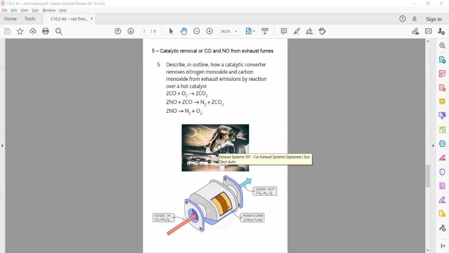So remember when we did rates of reactions, we talked about catalysts, more or less? Yeah. So this is a catalytic surface. In other words, it's a surface that acts as a catalyst, but it doesn't take part in the reaction. In other words, we don't use up the catalyst. It's constantly there. And what that does is it takes the harmful gases, the carbon monoxide and the nitrogen monoxide, and it converts them to carbon dioxide, oxygen, and nitrogen. And those gases are like 90% less dangerous than the other two that would have otherwise come out.